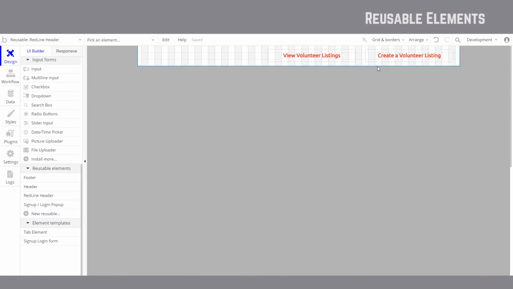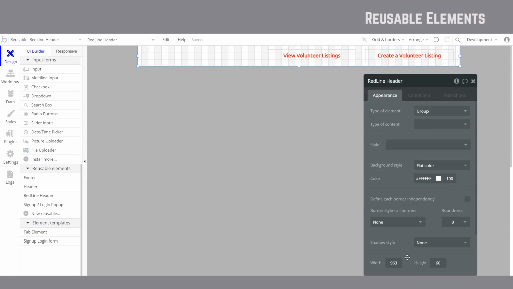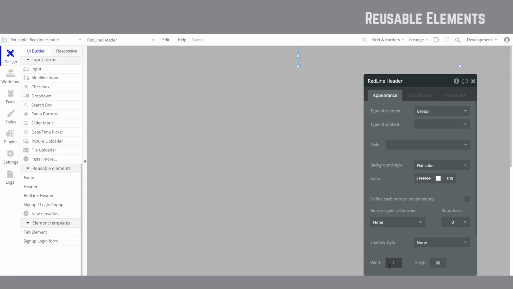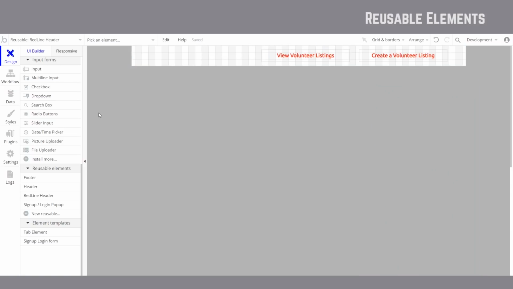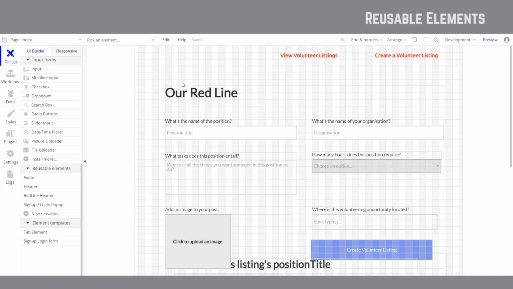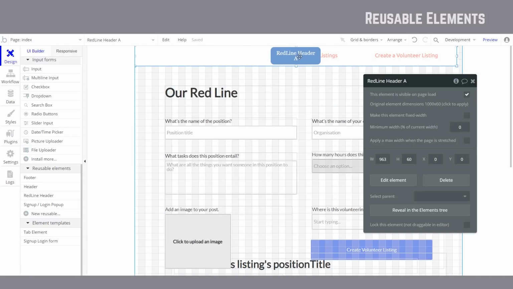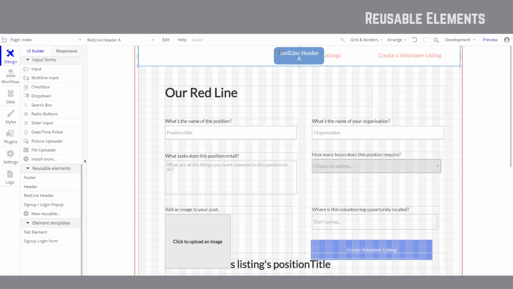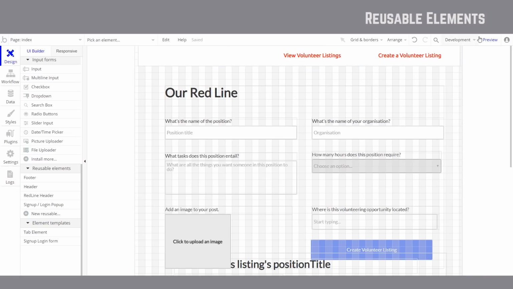if you change the size within the page, so say I want to make this, it's 963, a little too small. I still want to make this not 1, that wouldn't be very useful, but 1000. Sometimes this can be a little fiddly. 1000. Then on my index page, I have this reusable header. I can reset it to its dimensions, and that didn't seem to do a lot, but nonetheless, there you have it. Now if I preview this page,